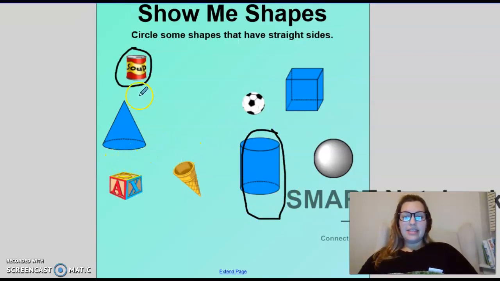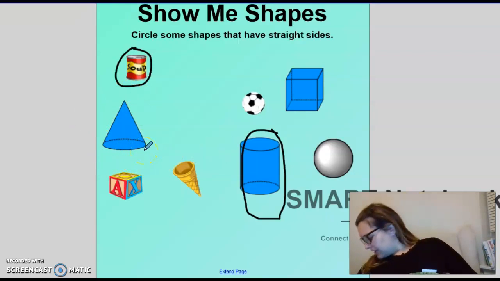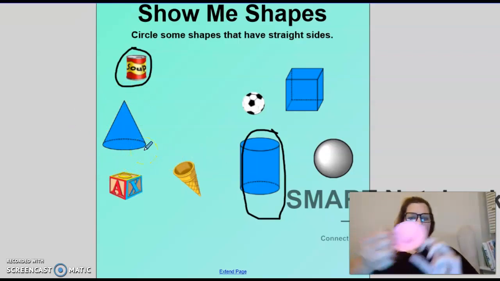Now, let's look at this shape right here. Does it have straight